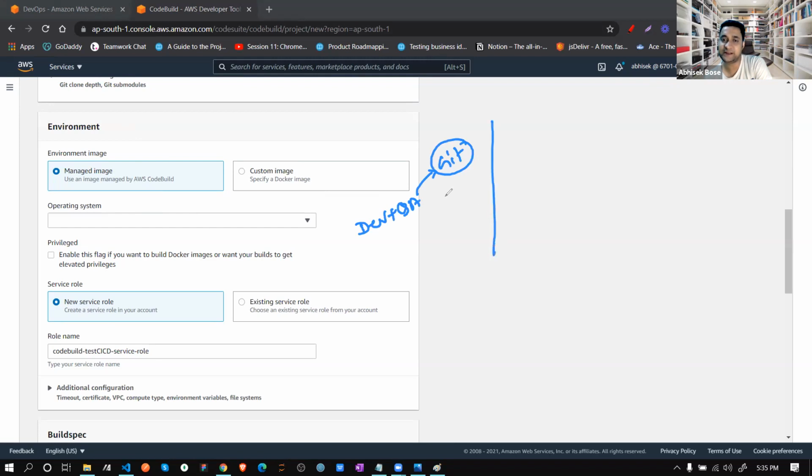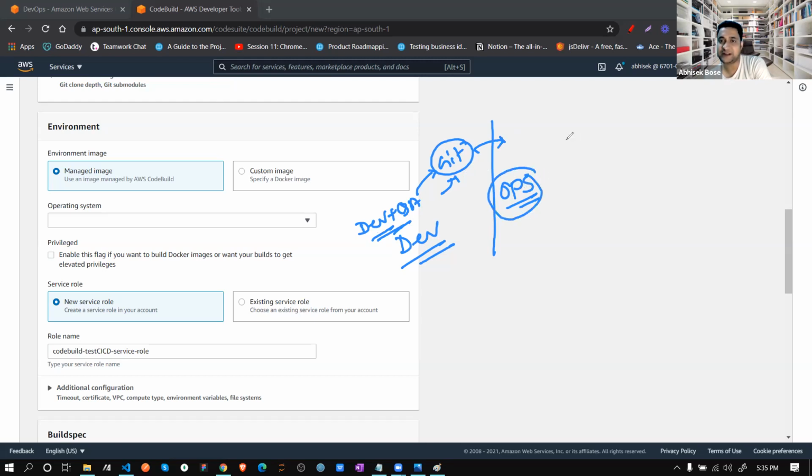So this dev part is done. Now we are focusing on the ops part, because the dev part we already know: you create some code and push it to Git, so that is not new to us. But this operation part is new.